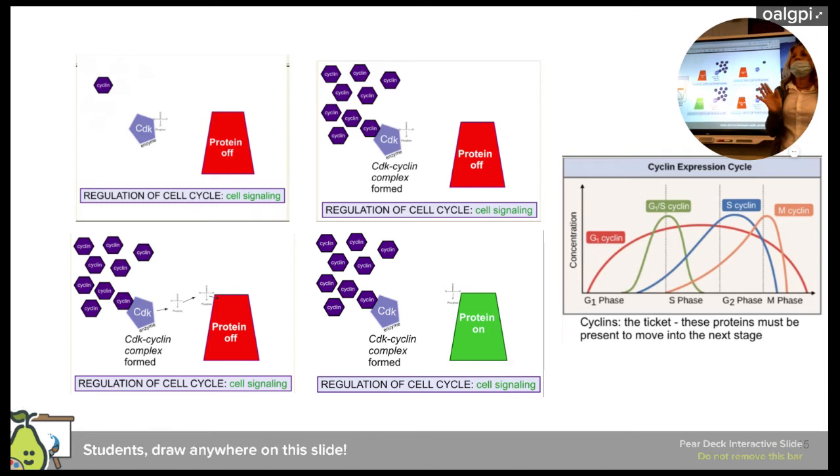Exactly. Anything that influences your cyclins or your cyclin-dependent kinases is going to influence your cell cycle, right? Anything that influences those two. And we talked about our example of how the cyclin binds to the CDK, then the CDK can phosphorylate some other protein, possibly turning it on, but also possibly turning it off. There are options, right? There are options.